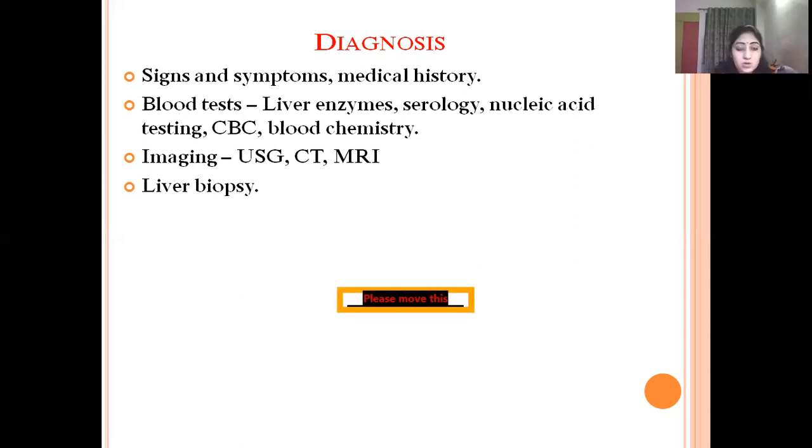Imaging is also an important diagnostic tool. Under this, sonography is usually done to reveal features such as bacterial hepatitis, as is seen in liver abscess. Then CT and MRI are done to reveal all the liver tissues, vessels, tumors, etc. Liver biopsy is the definitive diagnostic test for the assessment of inflammation and fibrosis, and it is usually done in chronic conditions. In acute hepatitis, liver biopsy is rarely done.